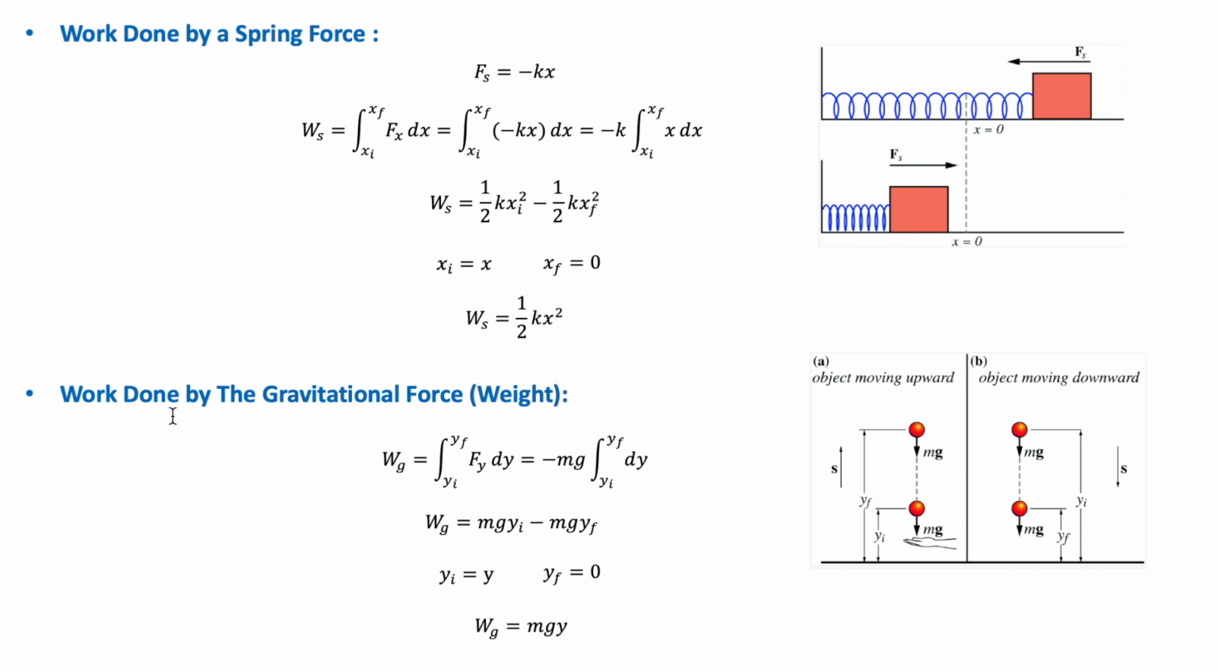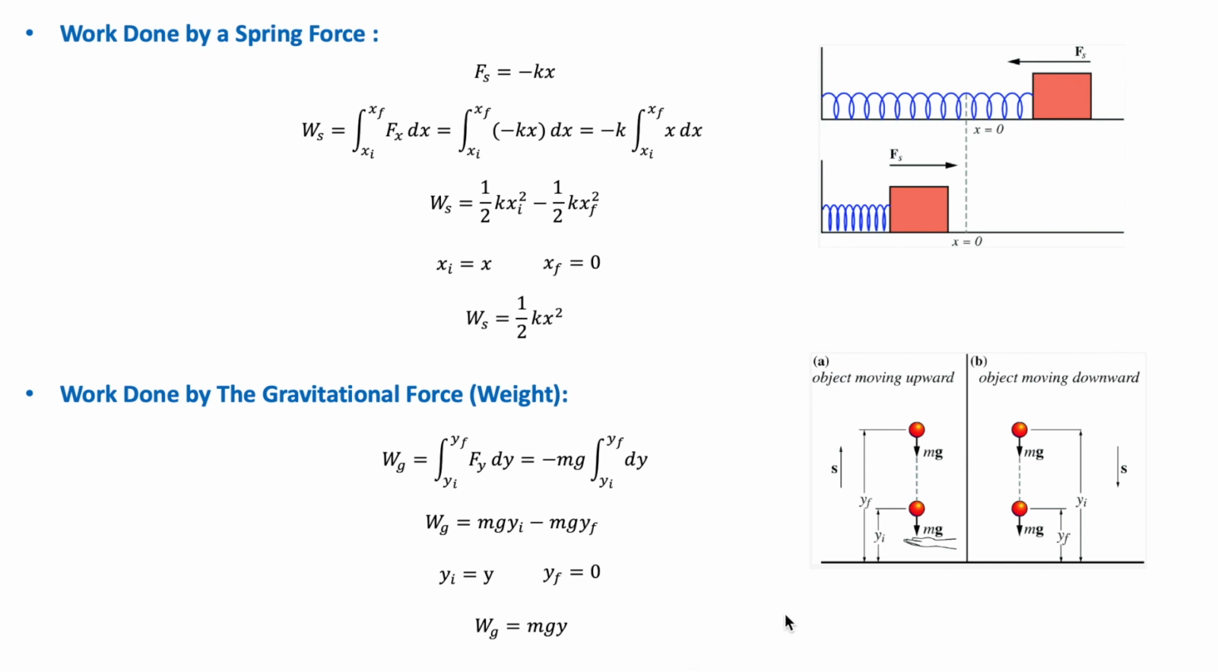So now let's consider the work done by the gravitational force, which is in this case the weight, which is the gravitational force near the surface of the Earth. So suppose that a particle-like object of mass m is moving vertically upward or downward, okay? Near the surface of the Earth, where the gravitational acceleration is assumed to be constant. So if air resistance is neglected, then the only force that does work on the object is the gravitational force